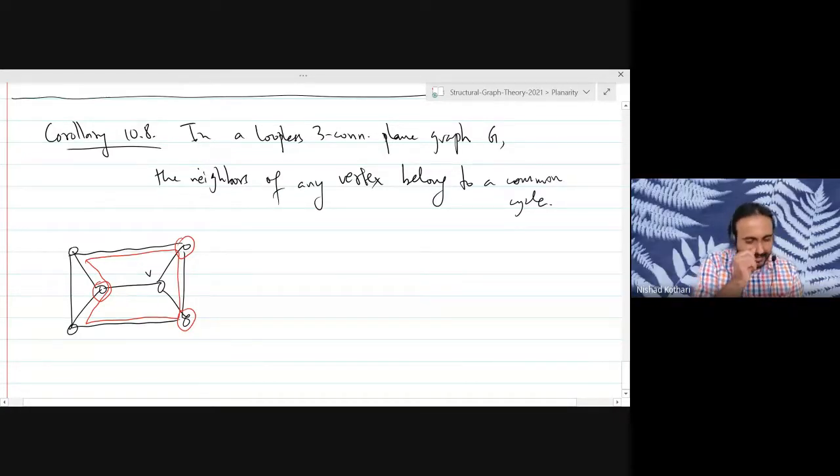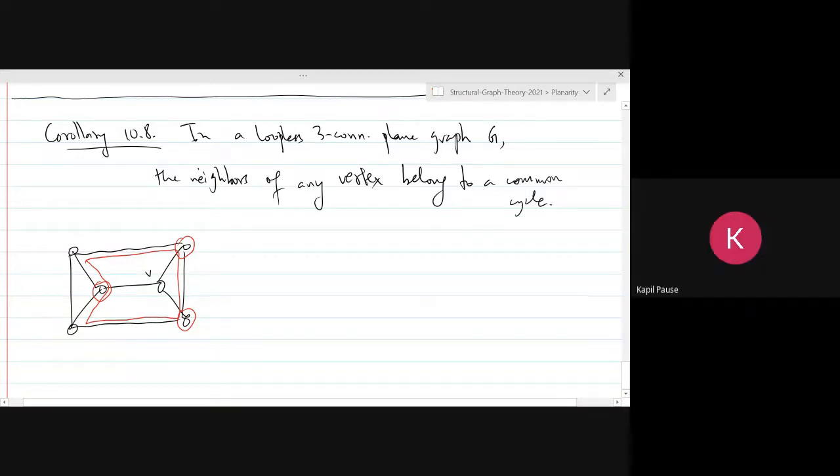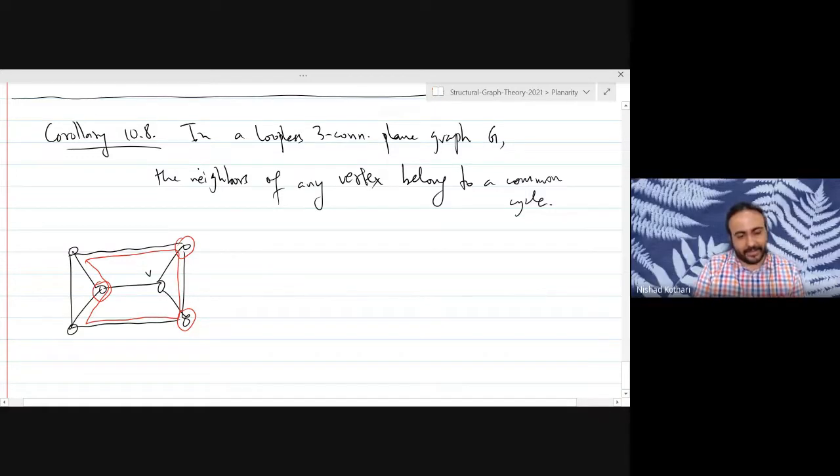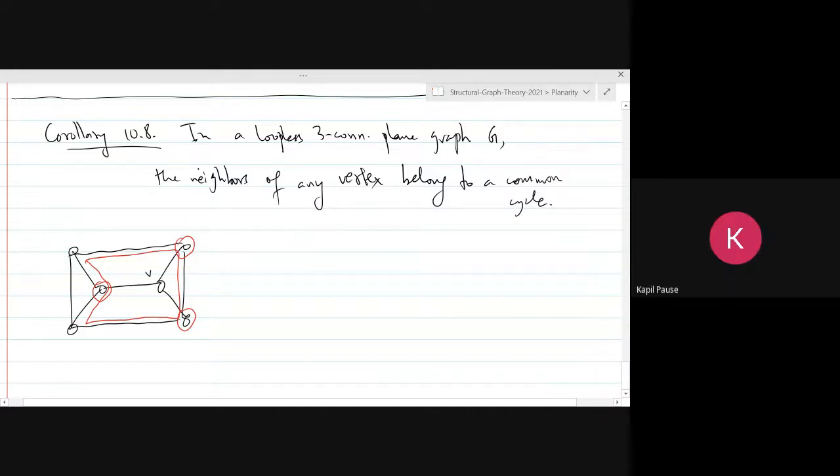So look at the cycles around the vertex V and XOR them, and you are saying that that will give you another cycle. Yeah, exactly. Sure, I can see how that can work, but there is a simpler argument. So you are in the right direction. Why doesn't this hold for two connected graphs? Sir, I have a question. Okay. Sir, I have a solution to this corollary.